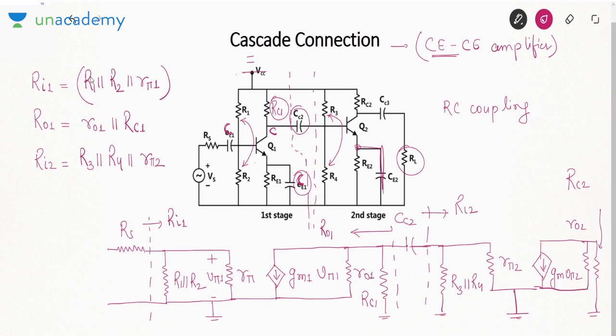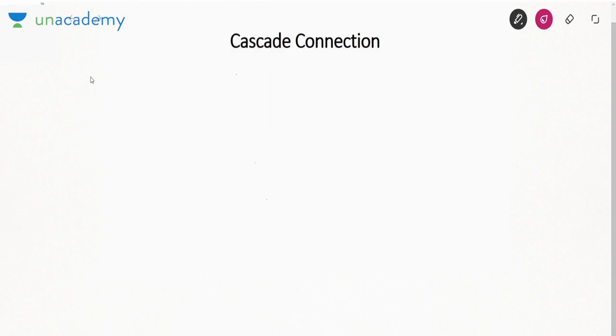What about output resistance of second stage? In that we don't consider the load resistance, so it will be simply RC2 parallel R0. Okay, don't consider RL when we are talking about the output resistance. Is it fine? Now what I can do is I can show this cascade connection in terms of block diagram, like